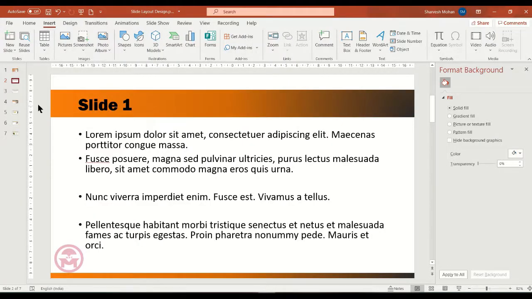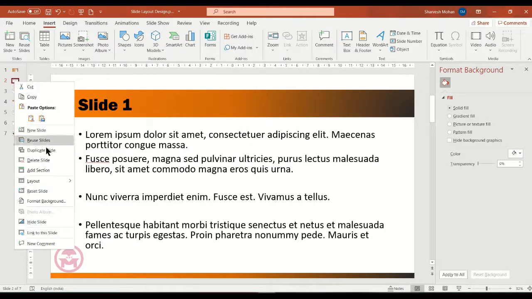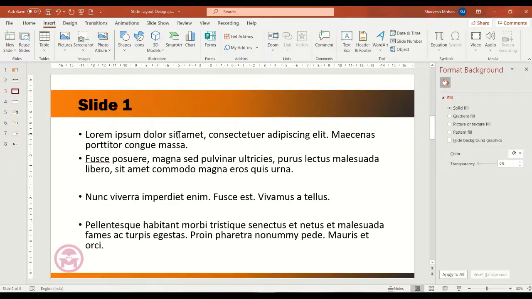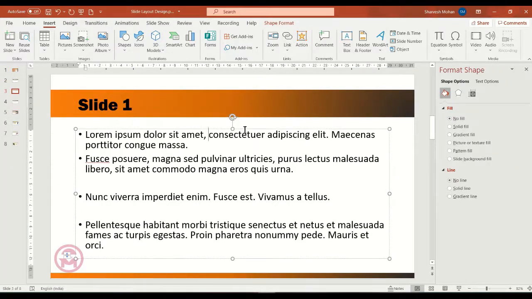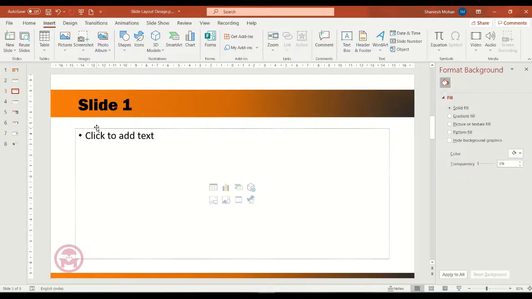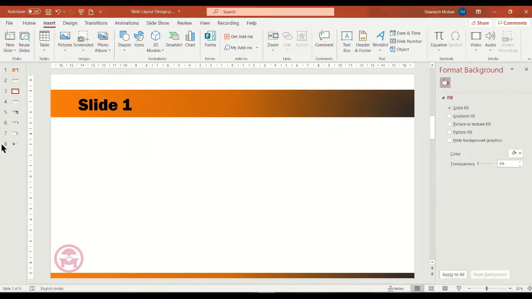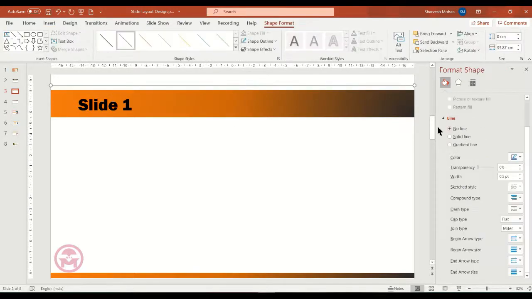Now let's duplicate this same slide. Duplicate. We'll delete this content. We'll insert 2 lines. Go to insert, shapes, take draw lines. We'll just drag it from here. We'll go to line.